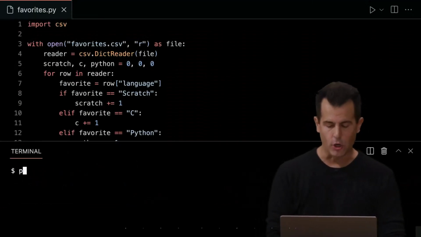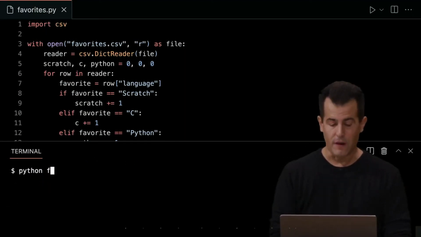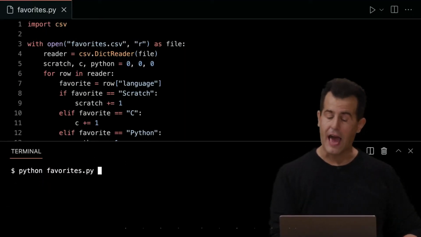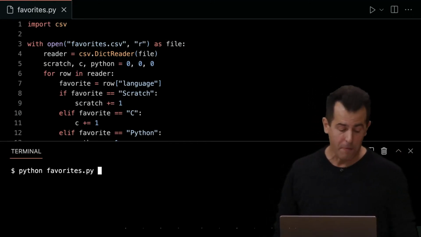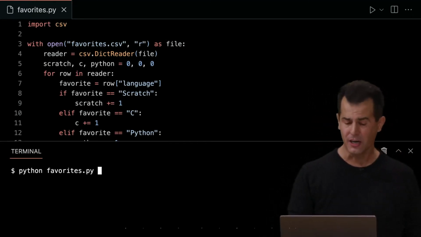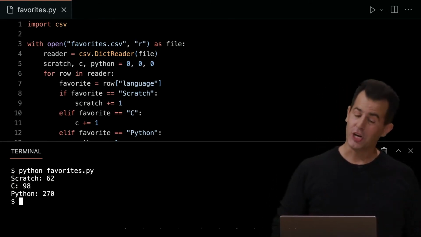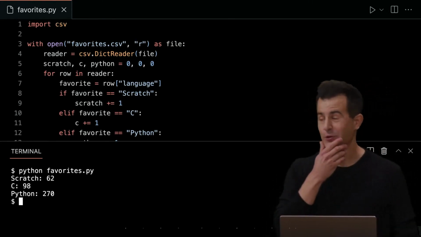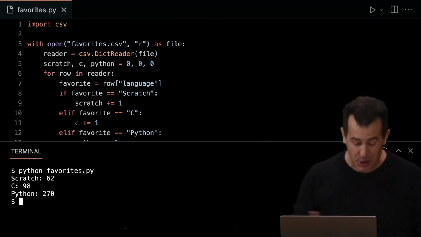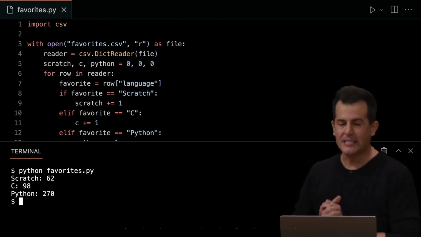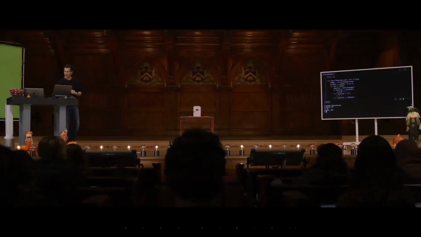Let me go back to my terminal, python of favorites.py. And here we go. As of today, everyone who's reporting in live via the Google form, their favorite languages are? Interesting. That's pretty interesting, too, after just 1 week of Python, no less. But Scratch is a healthy contender there, a lot of C, so a pretty good mix here. So is this going to be the best way to write this program